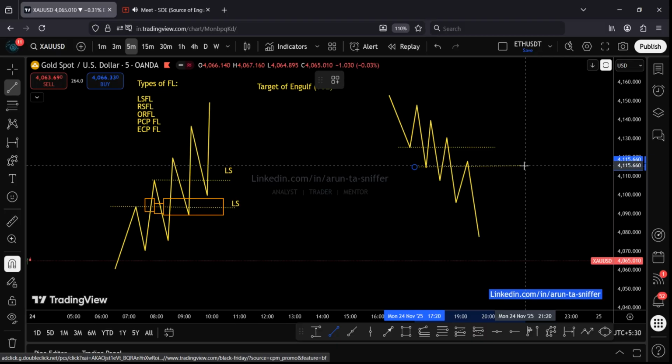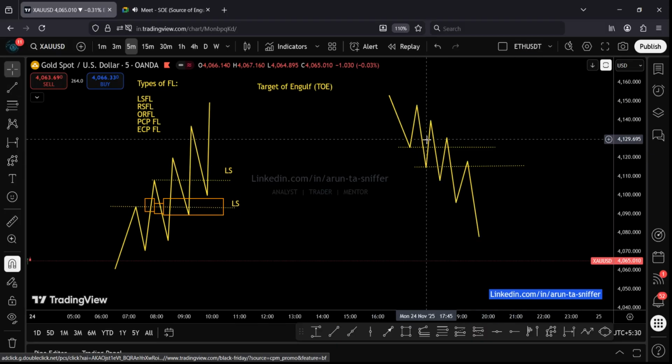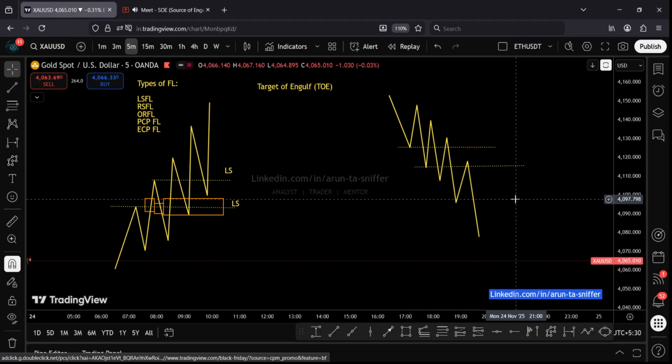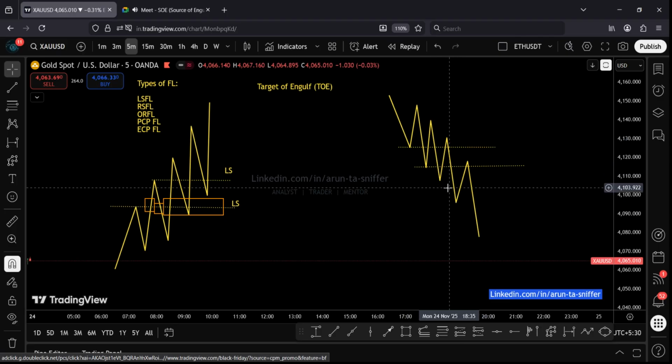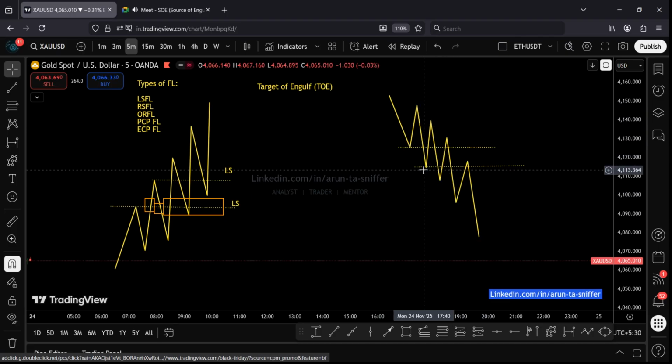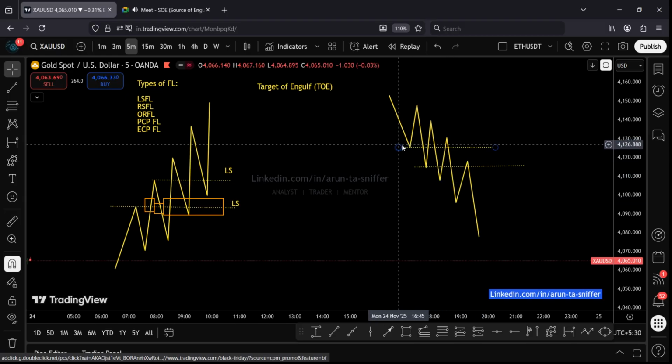In compression, this one will be LS. For this, first, second, third. So what happens? It will go back to the LS of the second last every time. First one move, second move. So what will happen before the third move? It will go back to the LS of the first move.